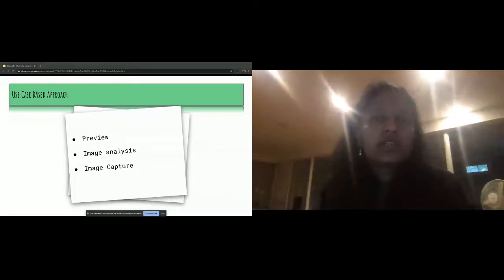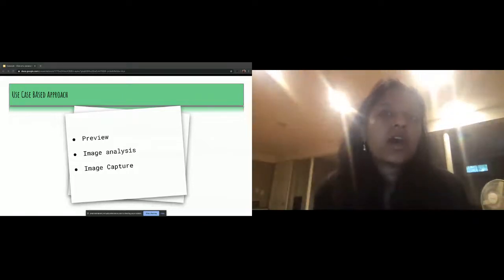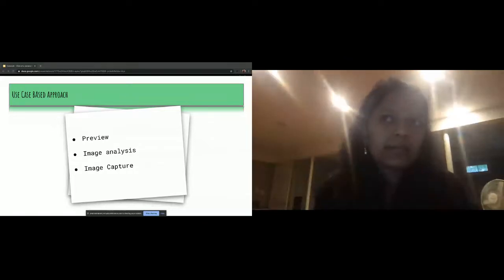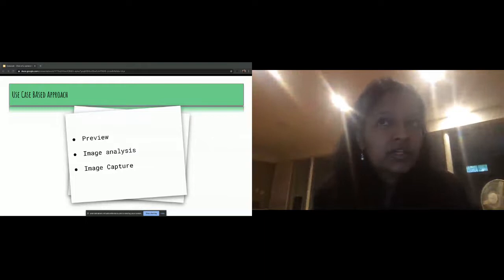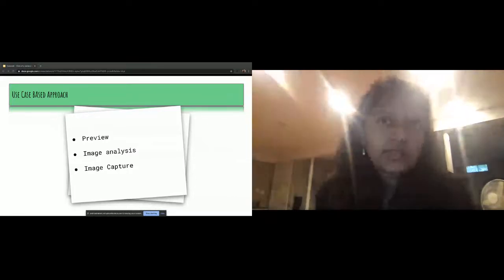The third use case is image capture, which is the most obvious use case of capturing high quality images with functionalities like autofocus, exposure, and other basic camera manuals. It also gives the option to choose to provide an in-memory buffer of the image or save the image to a specified file location through something called a take picture method.